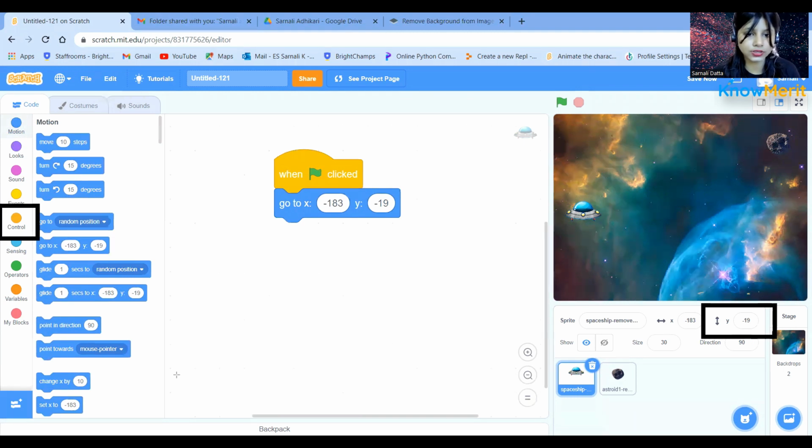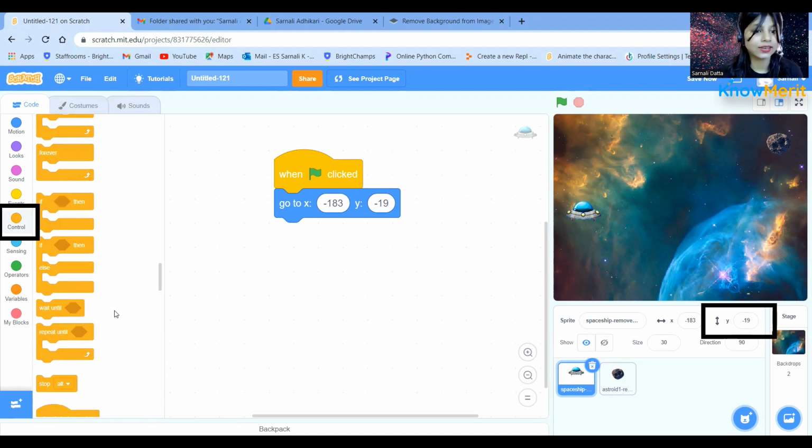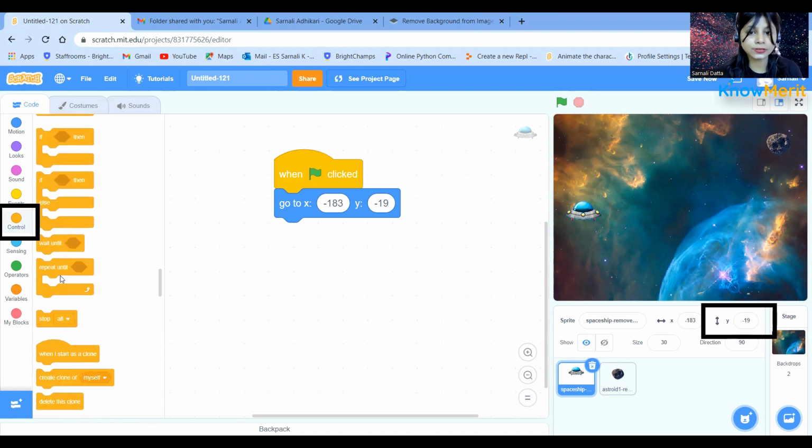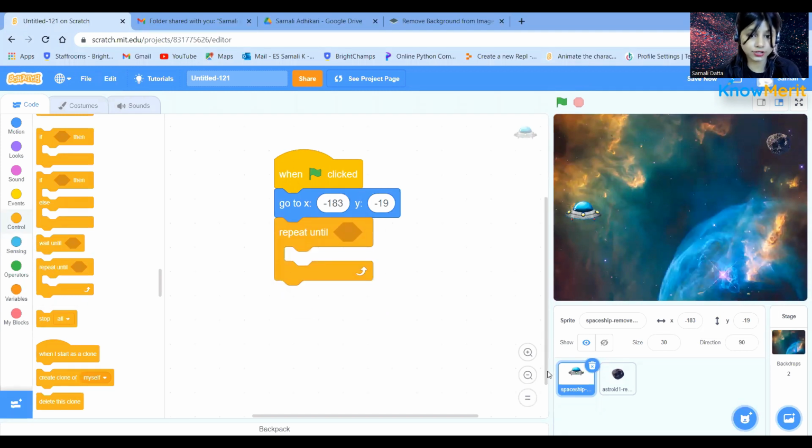So let's go to control. When you go to control, there is a very interesting block. Look, these are all the loops, like the forever, the repeat 10, the wait until, the repeat until. Today I'm going to use the repeat until it's touching the asteroids. And when we want to know if our sprite is touching something, a color, or another sprite,